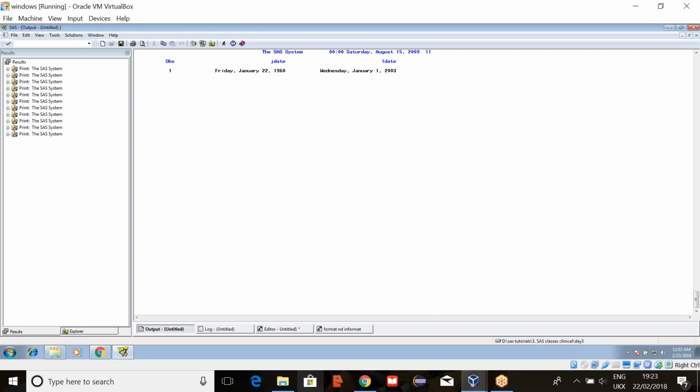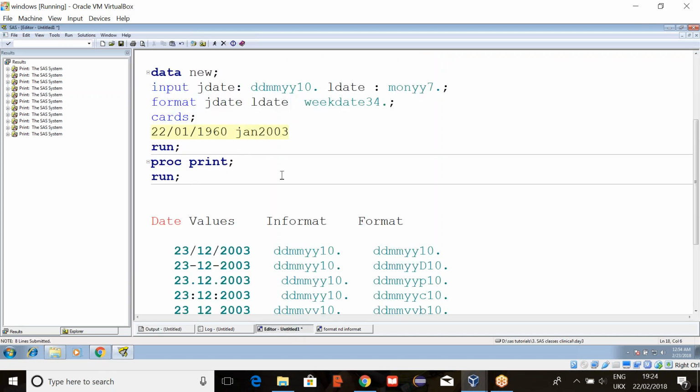Okay, now this one is important for your certifications because they will ask for the order. So they'll give you four options and they will shuffle. They may give Jan first or Wednesday second, like this. So remember, first weekday, then month, day, and then year. This is the order. You have to remember for certifications. Any questions for word date and week date?